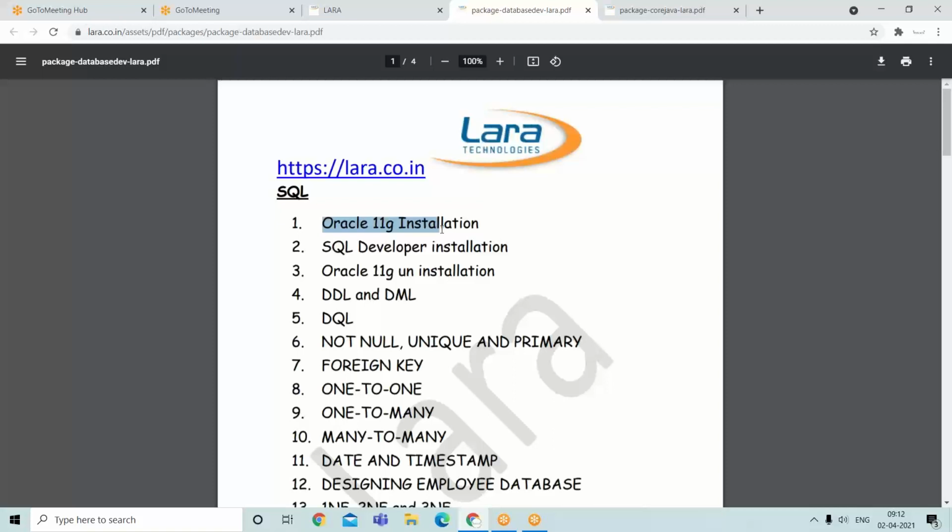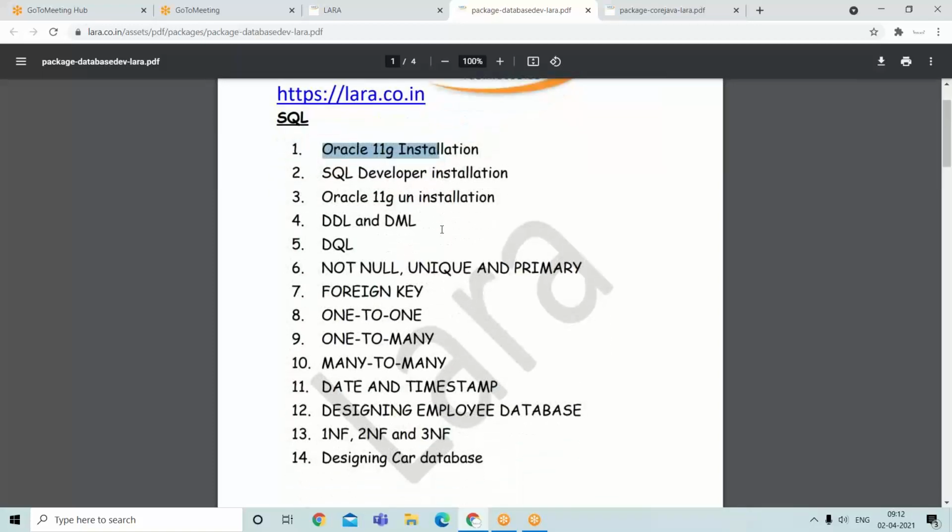So try installing any Express edition of Oracle. Better go for Oracle 11G Express edition. Right from the installation onwards, I have explained Oracle 11G installation and also SQL Developer.